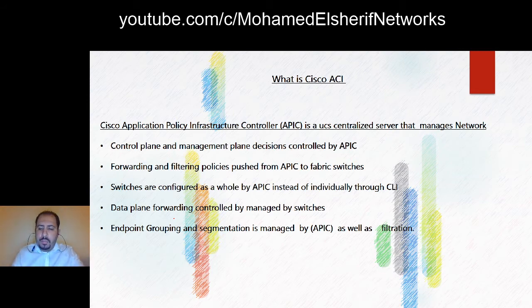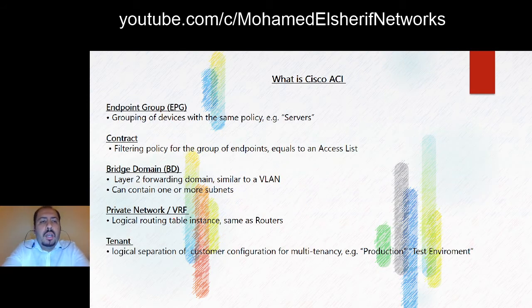And we have a new concept here on Cisco ACI. These are new terminologies introduced on Cisco ACI, which have some similarity to the traditional network, but we need to fully understand them from the Cisco ACI perspective. We have the endpoint group. If you ask yourself one question, how did I used to group on my traditional network? Simply via the VLAN. I used to configure the VLAN, and configure the interfaces with certain tagging protocols